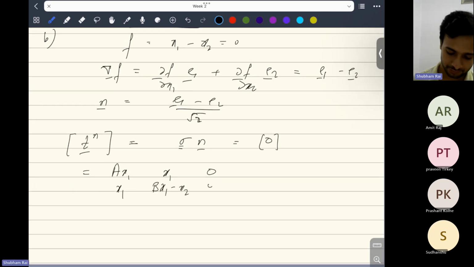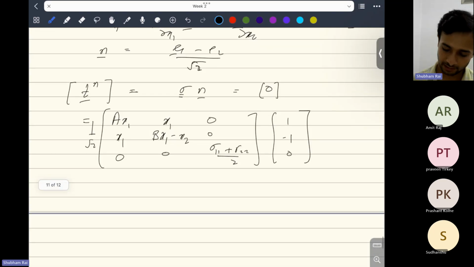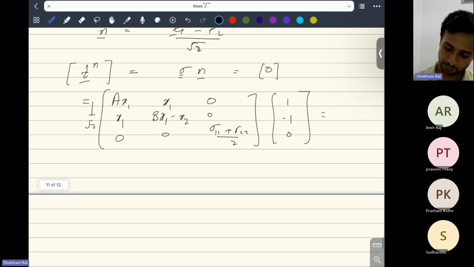And this sigma 1 3 is 0. This will also be 0, and then sigma 3 3 is sigma 1 1 plus sigma 2 2 by 2, right? So this is given to you. And then you are multiplying this with this vector. So 1 by root 2 will come here actually because it is a scalar. And then its first component with E1 is 1, E2 is -1, and E3 is 0, right? So that's what we have done here. And if you multiply this and equate this equal to 0, 0, 0,